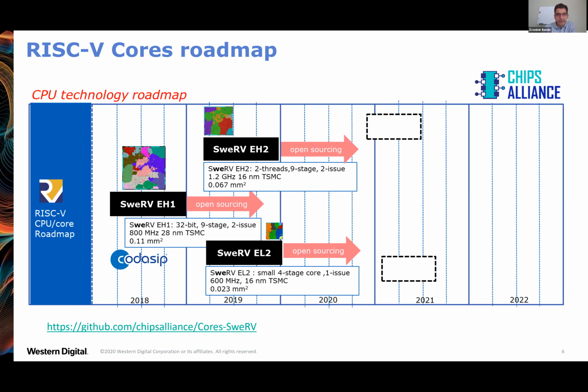SweRV EH1 is our first core. It's a 32-bit, 9-stage, 2-issue core. Then SweRV EH2, which is a dual-threaded version of EH1, upgraded for performance and targeting 16-nanometer TSMC. And then there's SweRV EL2, which is a small 4-stage, single-issue core, also targeting 16-nanometer TSMC, which targets small